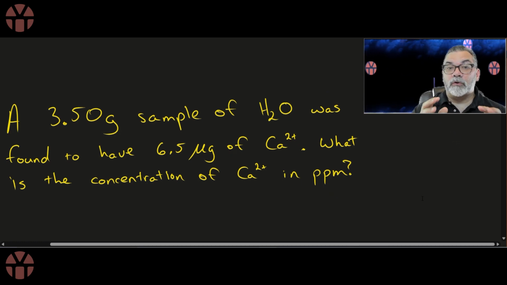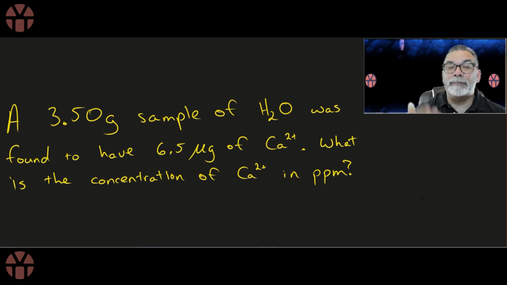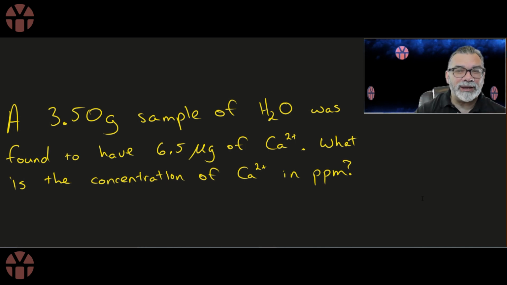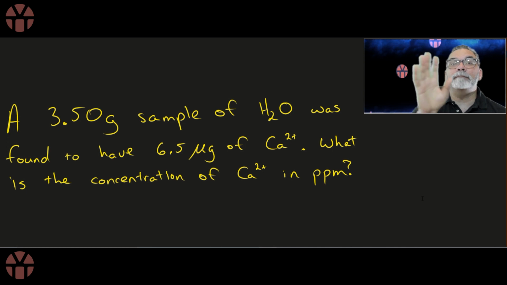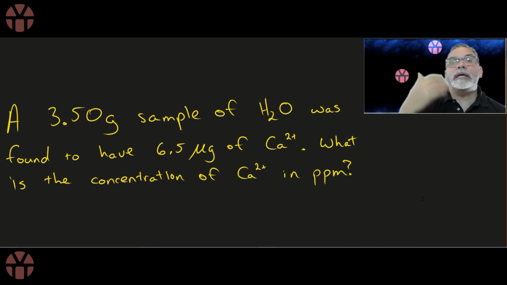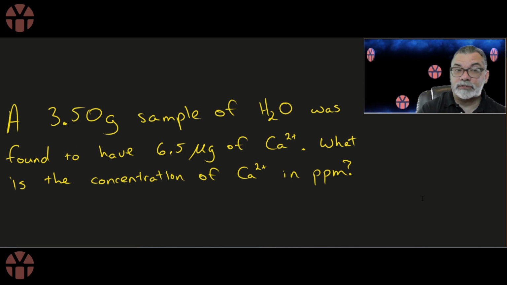A 3.50 gram sample of water was found to have 6.5 micrograms of calcium ion in it. So again, 6.5 micrograms is nothing. It's a drop in the bucket, right? But we want to know, what is the concentration of calcium ion in parts per million? Meaning, for every million particles of solution, how many are going to be Ca2+? Now, my guess is however many are Ca2+, the rest of those million, the 999 whatever, are going to